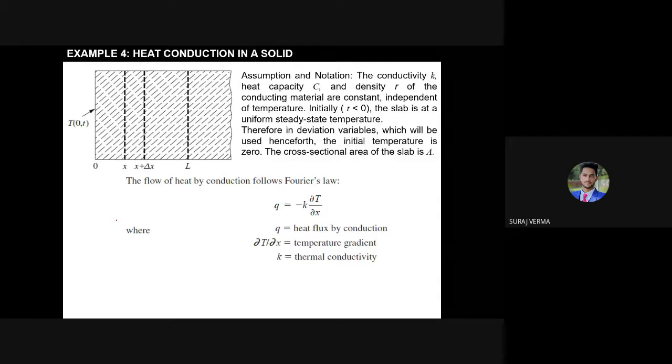What do you mean by distributed parametric model and lumped parametric model? Distributed parametric model means the variable depends upon space, and the lumped parametric model means there is only one point, so it only depends upon time. In the case of the distributed parametric model, it depends on time and also on space, or position, you can say.